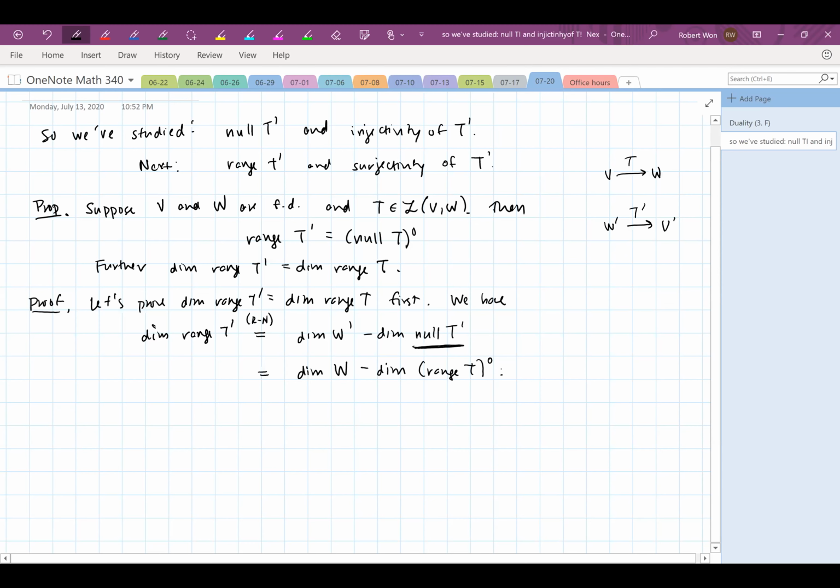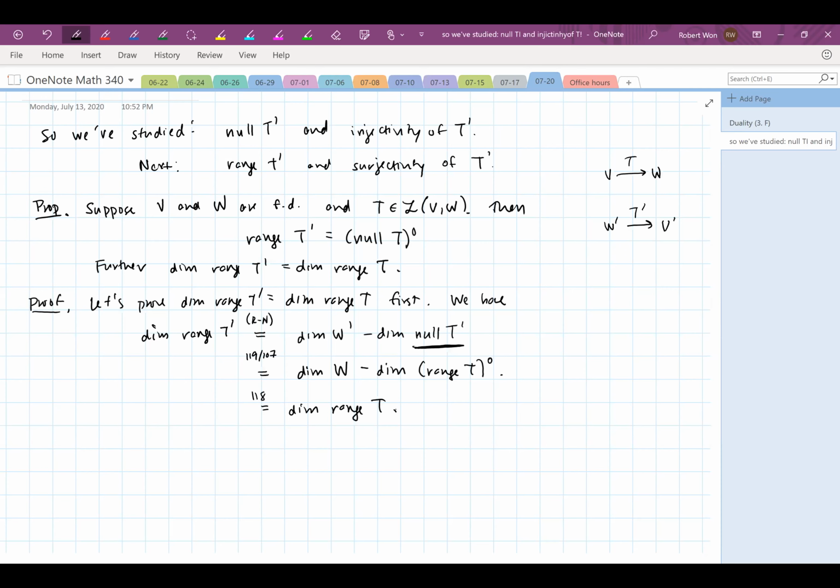Okay, but then we also proved earlier that if you add up the dimension of a subspace and its annihilator, you get the dimension of the big space. I can even give you numbers, at least from the notes. So this is by 119 and 107. This one is by what's going to be numbered 118 in the notes. This is the dimension of the range of T. Okay, so that proves the second statement.